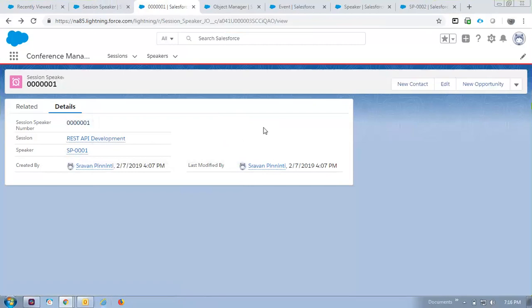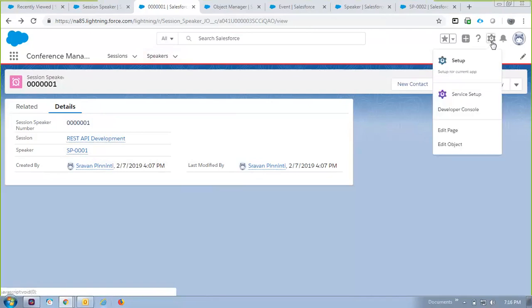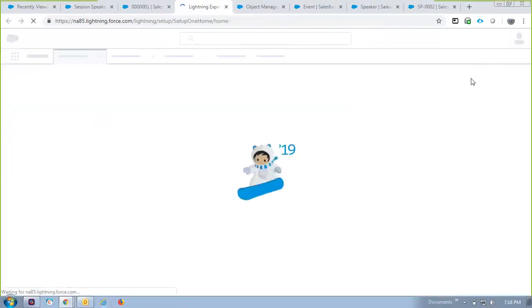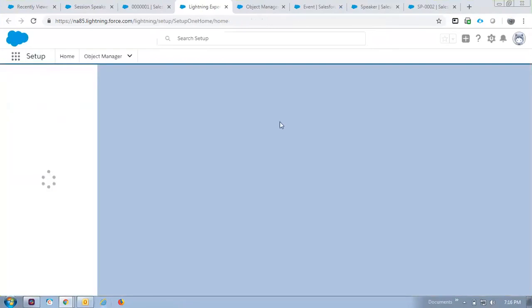Now, I think we made a mistake. The mistake that we made is, for speaker, we created the auto number. So now, just by looking at it, we see it as SP001, but it doesn't make sense, right? What is SP001? Who remembers the numbers? So at least if we see a name, we will be fine, right? So that's why let's change the